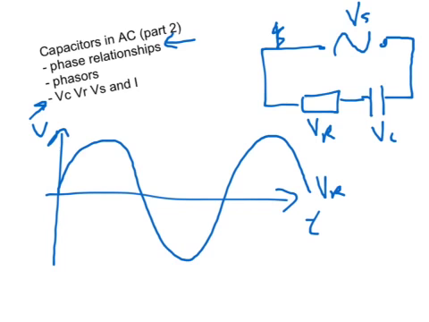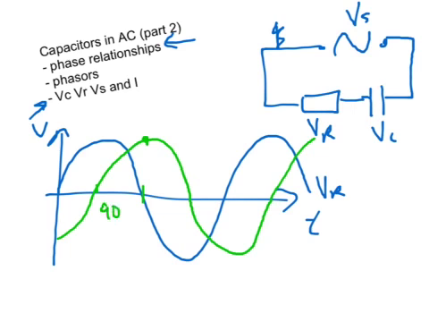And what we would notice, and what we do notice, is that the capacitor peaks 90 degrees after the resistor voltage does. So it happens to be just sort of following everything just a little bit behind the 8 ball. Exactly 90 degrees. And that's what we're talking about when we're talking about this phase relationship. The voltage across the capacitor, VC, lags behind VR, I should say, by 90